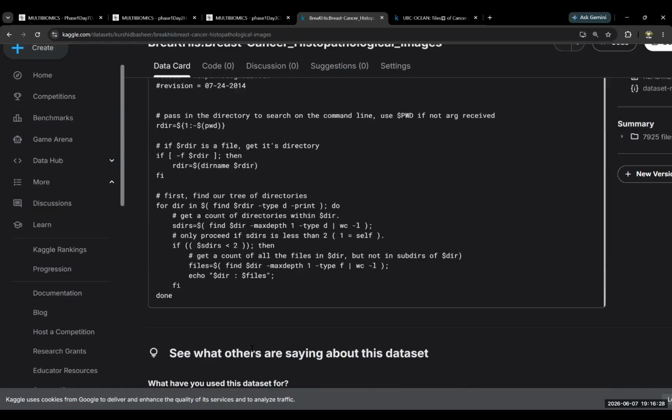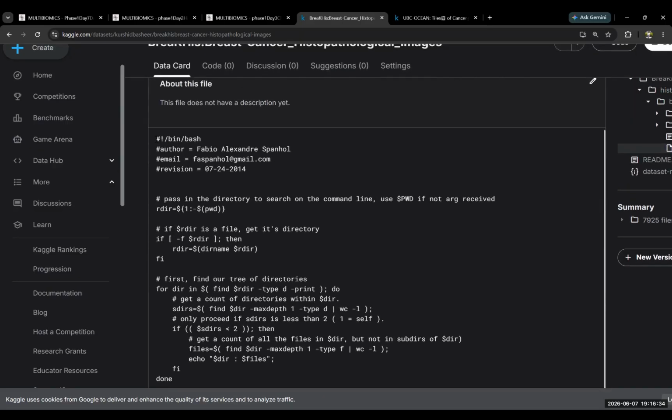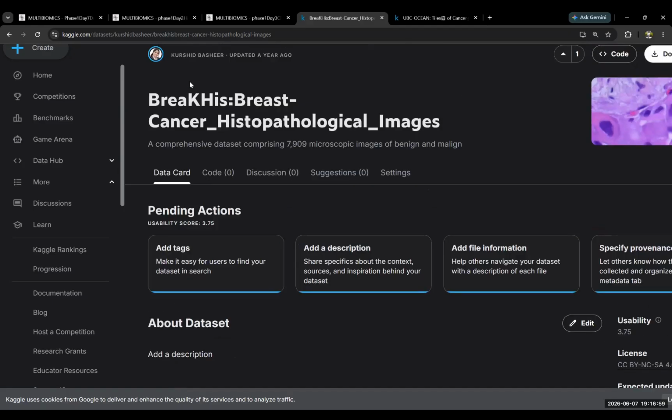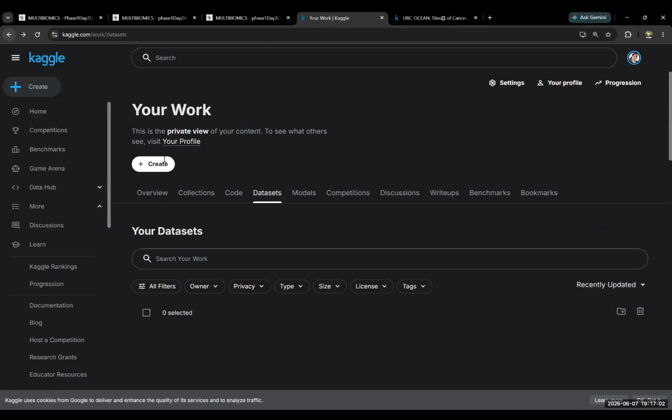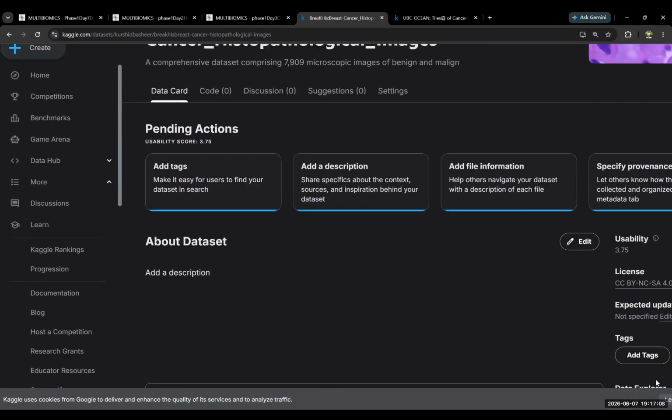Now, this is a bash file. Like Afrin had asked me, ma'am, what is Linux? Inside Linux, if you want to work, you run these bash files, and every bash file will start with this. This is known as the bash shebang, hashtag exclamation mark /bin/bash. Every file should be starting with this. Only then will the Linux system understand that it is a bash file and execute it. Right now, there is no need for you to understand this. We'll go back to the folder structure. Right now, we just need to understand our data set.